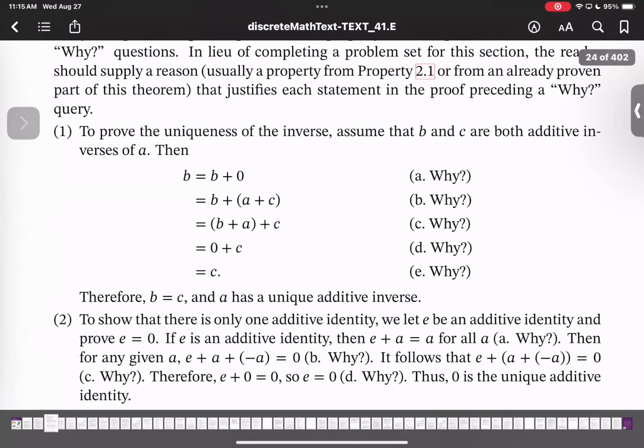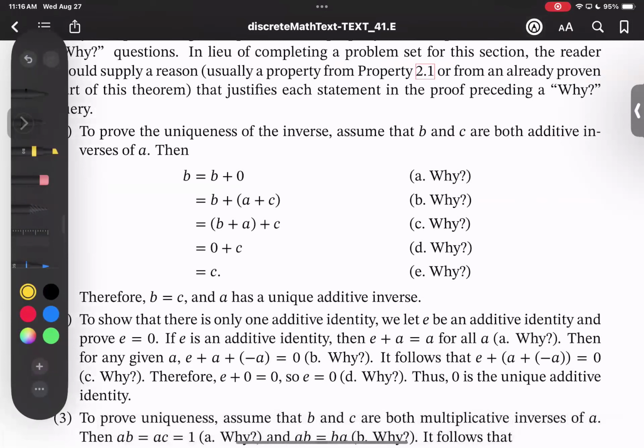That why could be one of the properties of additive inverse, multiplicative inverse, 0 is the identity for addition. Or it could be, as we go on, we may use previous parts of the theorem to prove later parts of the theorem. So we're going to look at this first one,